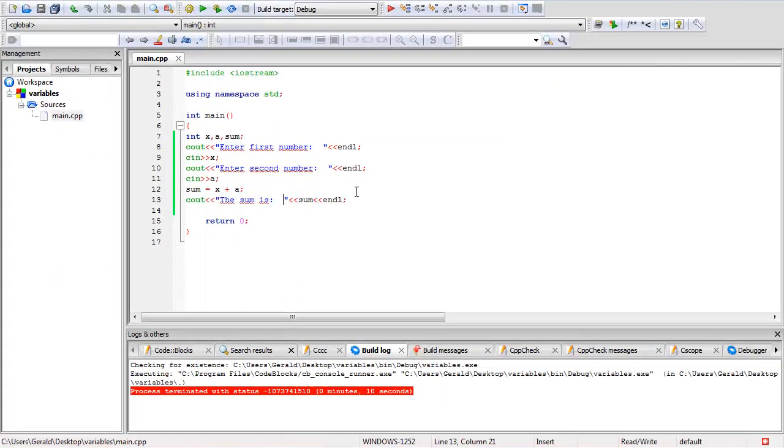Now I don't know if you really understood. We're gonna explain these variables and cin instruction a little deeper in the next tutorial, but